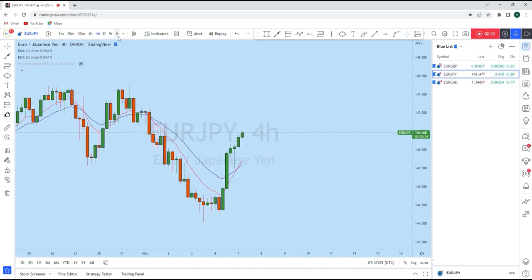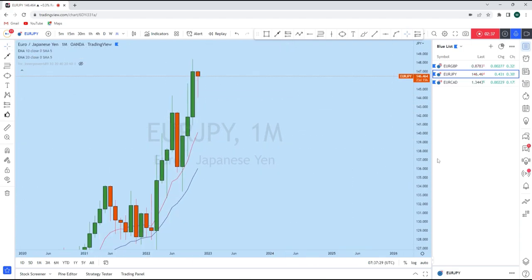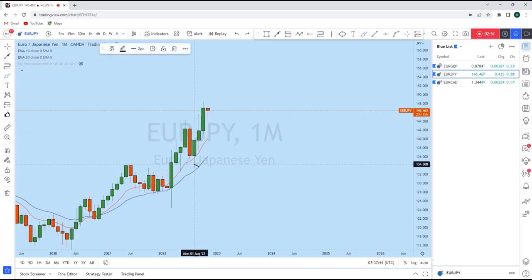Like Euro GBP, Euro JPY is also showing some bullish move. If you look at the bigger picture, this is also a long-term bull market. Starting with this one, there is a monthly strong impulsive move, followed by back-to-back bullish months. We see that Euro JPY created bullish price action, followed by another very strong bullish candle on the monthly as well,